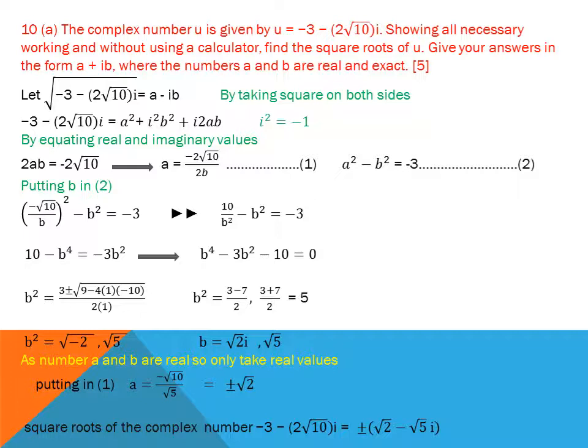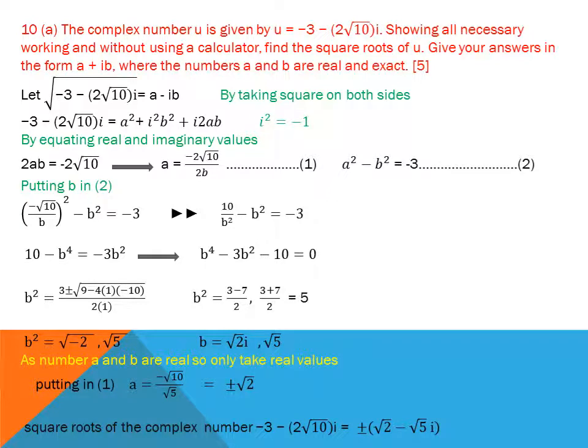You remember that. First of all, I suppose that minus 3 minus 2 under root 10 iota is equal to a minus ib, taking the square root. By taking the square on both sides, I found that minus 3 minus 2 under root 10 iota is equal to the expansion of a minus iota b squared: a square plus iota square b square minus iota 2ab. Sorry, it is not a plus sign here, it is a negative sign: minus iota 2ab. If you take a plus iota b, then it will become plus. So 2ab, equating real and imaginary parts on both sides.